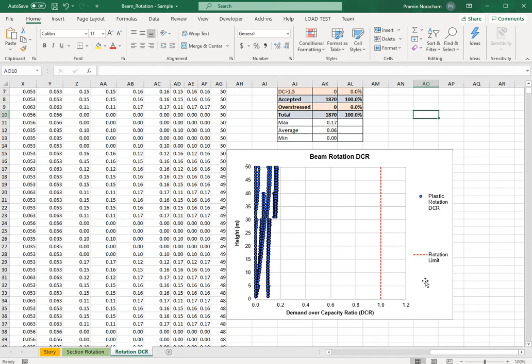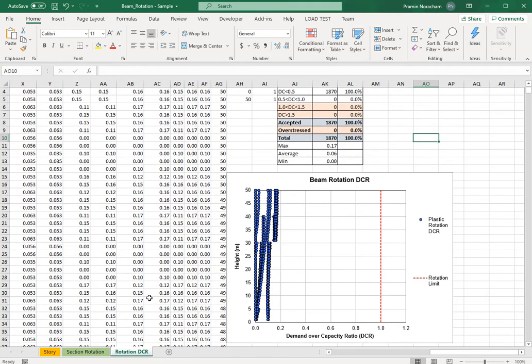PX also plots the graph of beam rotation DCR along the height of the building with the limit. The graph is in a good format, ready for you to just copy and paste to your report.